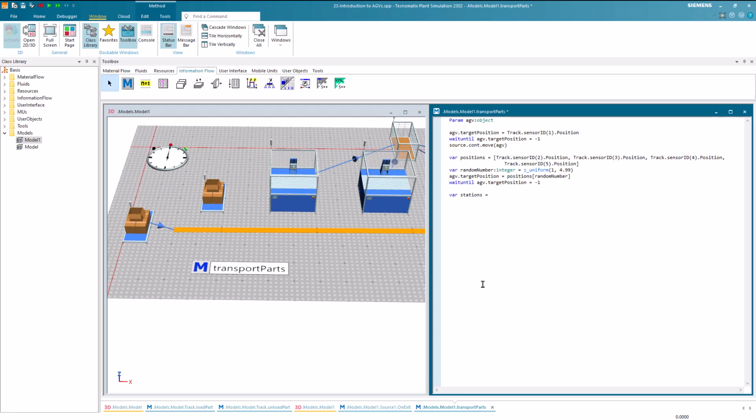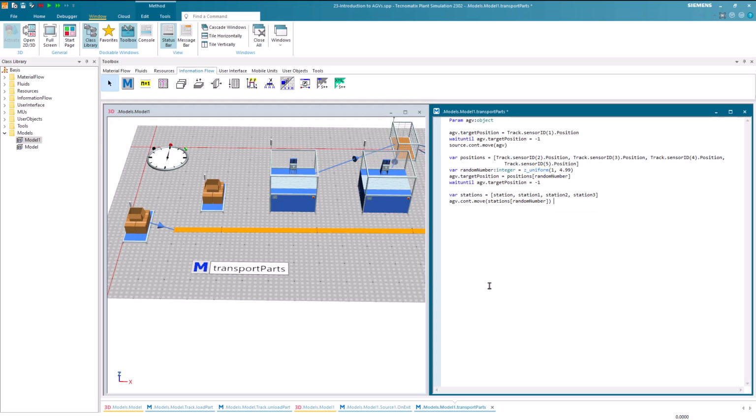In this array, we can store the stations. Then we can move the content of the AGV to a random index of the station. In this way, we will move the content of the AGV to the station at which it has been moved.